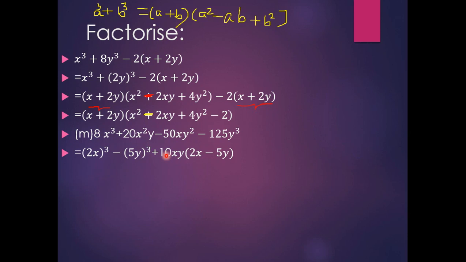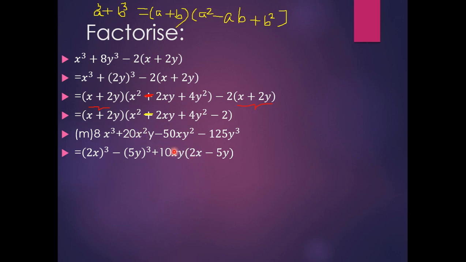Okay, and similarly x square and x, common will be x, because HCF of x square and x is x, HCF of y square and y is y. So while taking out common, the smallest power comes out as common. For x square and x the smallest power is 1, so x power 1 comes out common. Here y power 2, here y power 1, smallest one is 1, so y power 1 comes out as common. So when you take out 10xy common, 10 can divide 20 2 times.